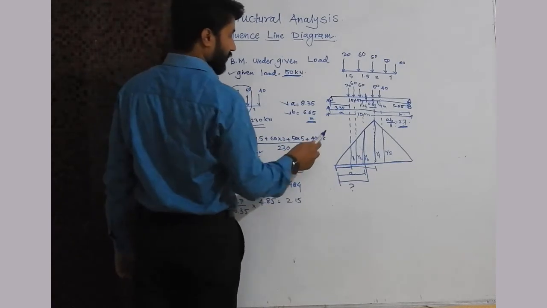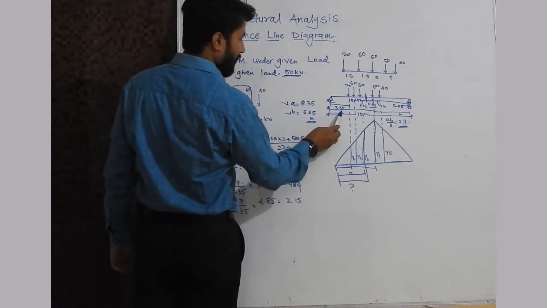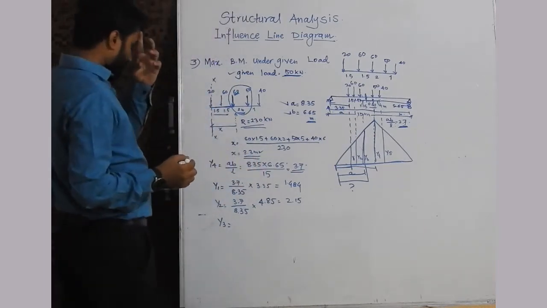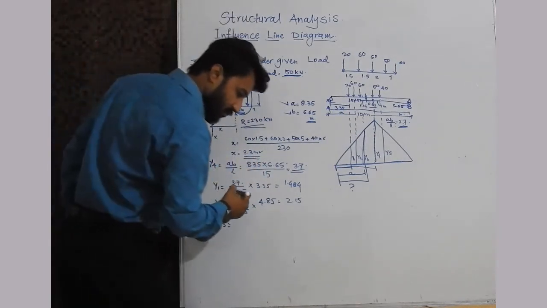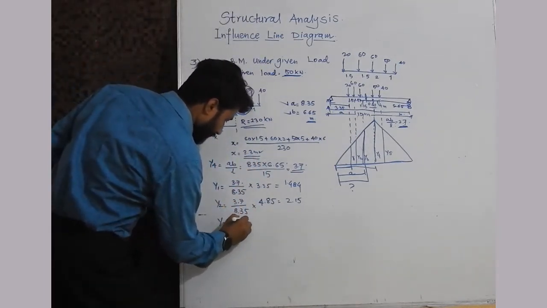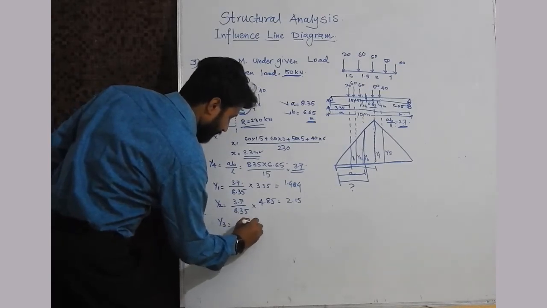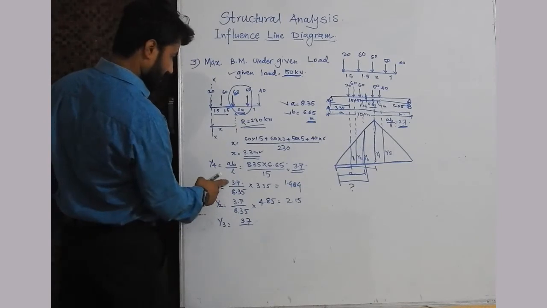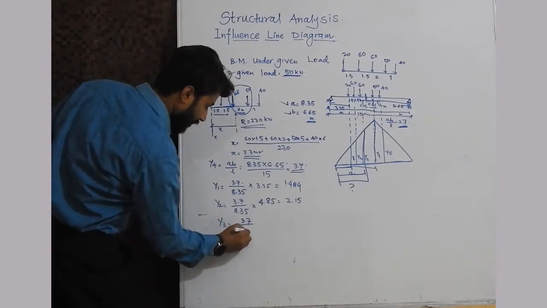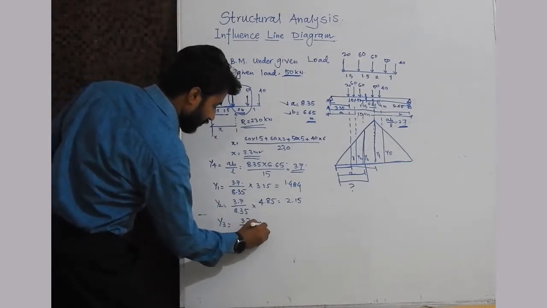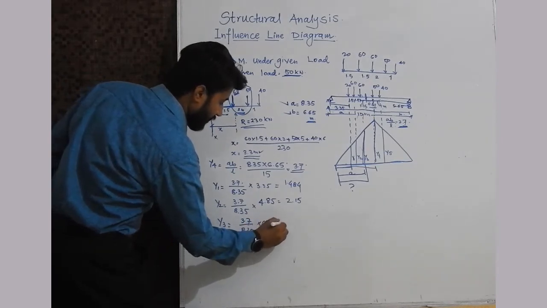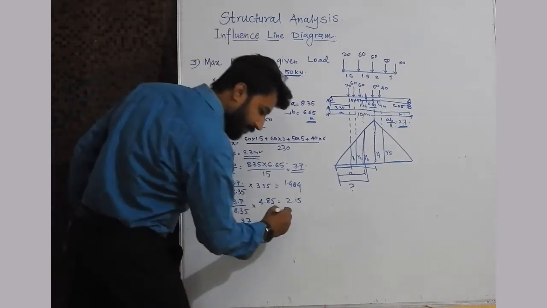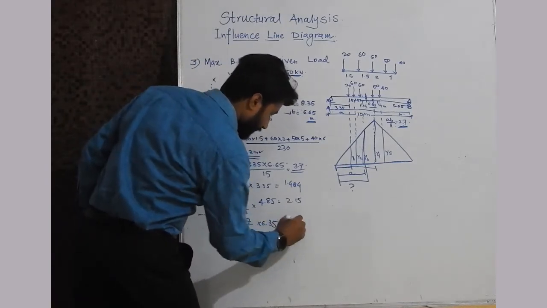Okay. So we will calculate y3. 3.35 plus 1.5 plus 1.5. We will get this value 6.35. So this is 3.7 divided by 8.35 into 6.35, and we are getting the value as 2.81. Okay, so this is 2.81.